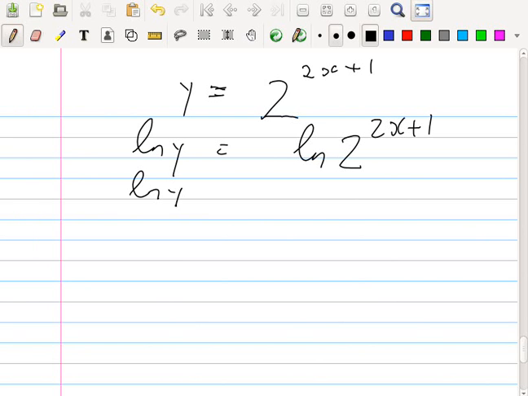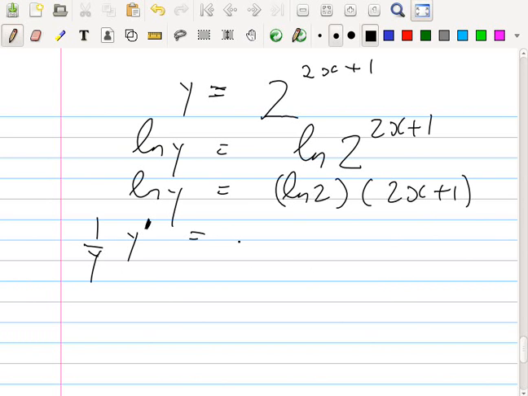The power can come down. So I can take the power down. Now let's differentiate. So derivative of log y, 1 over y, dy dx, I'll just write y prime, equals log